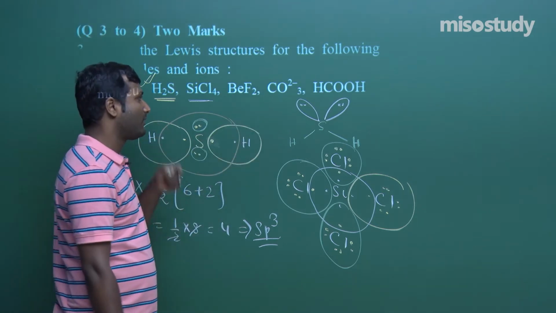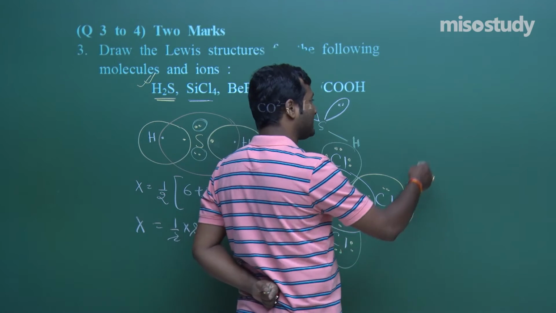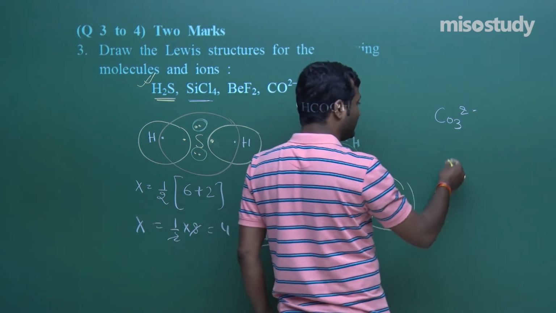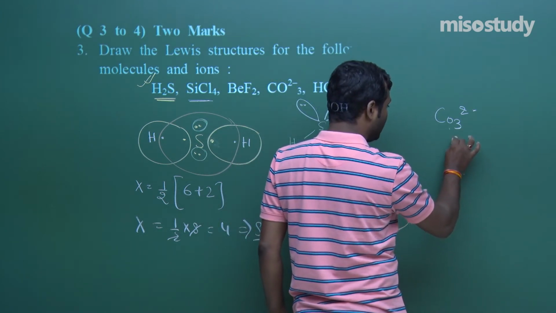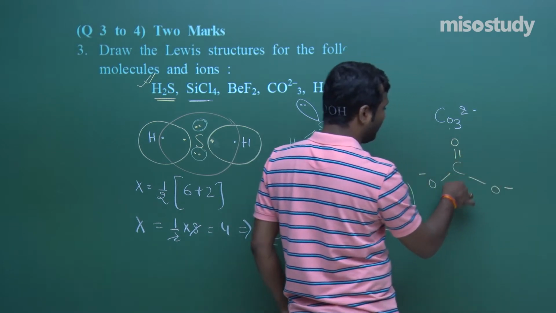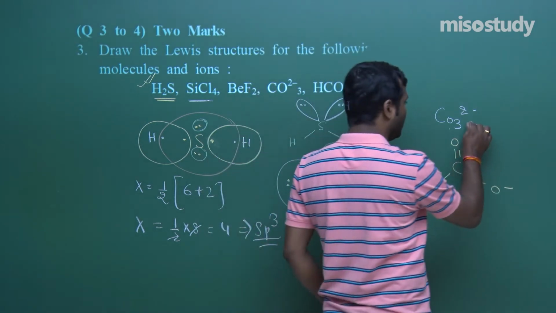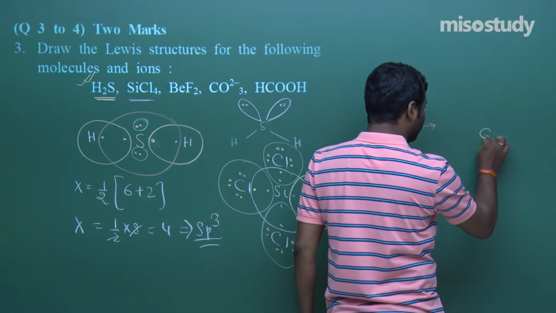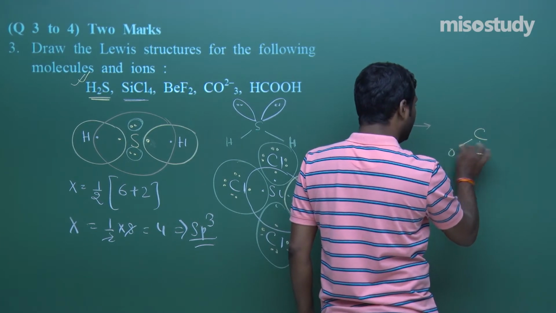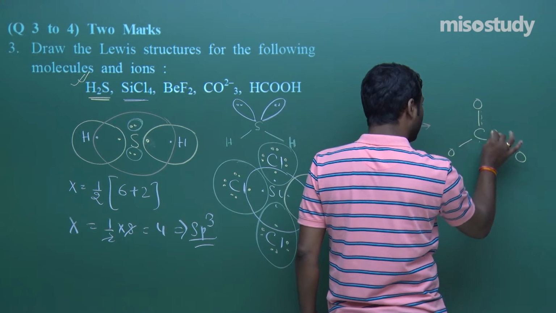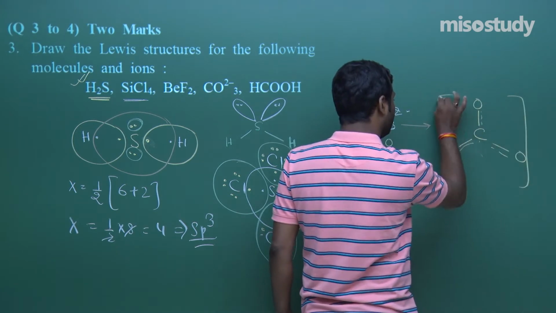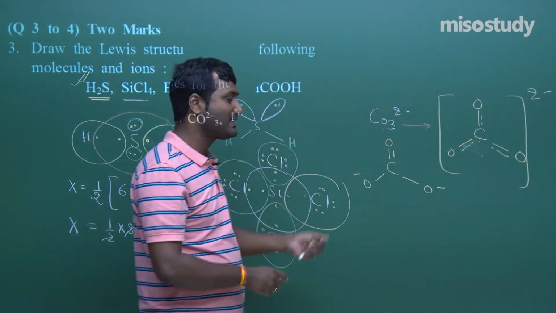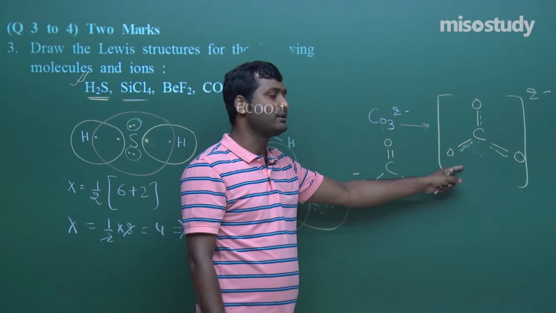Similarly, you can draw the structure of CO3 2 minus, as I discussed, my friend. Remember, it will have resonating structures because in this structure with O minus, the double bond may be anywhere. So further the complete structure will be like this, O, then O, then O, this one, and this one, and 2 minus. This is the complete resonating structure. It has 3 resonating structures, and this one is the resonance hybrid.